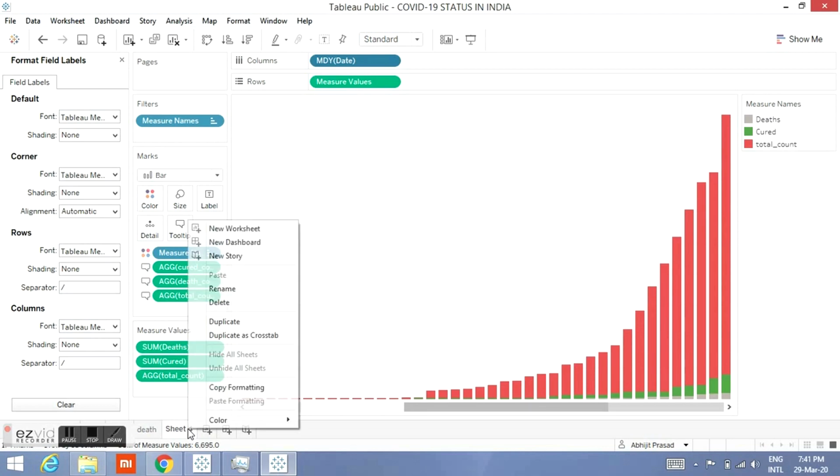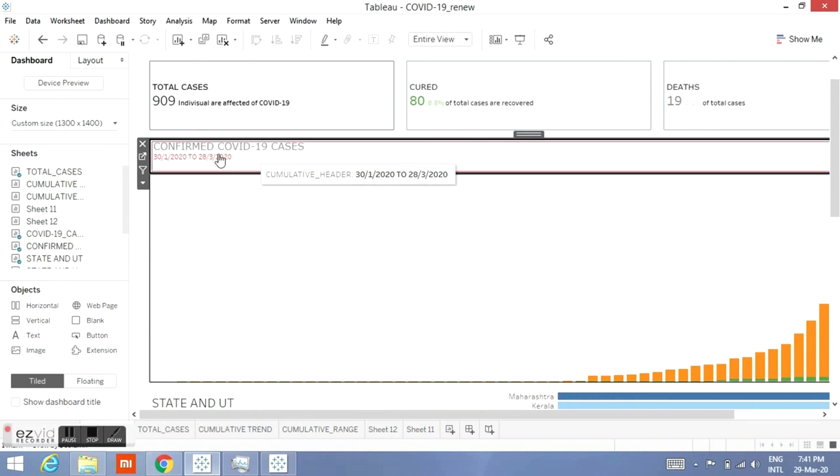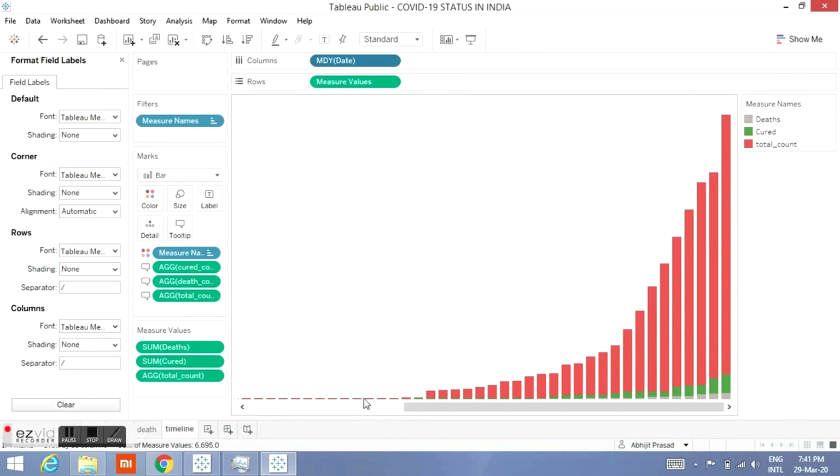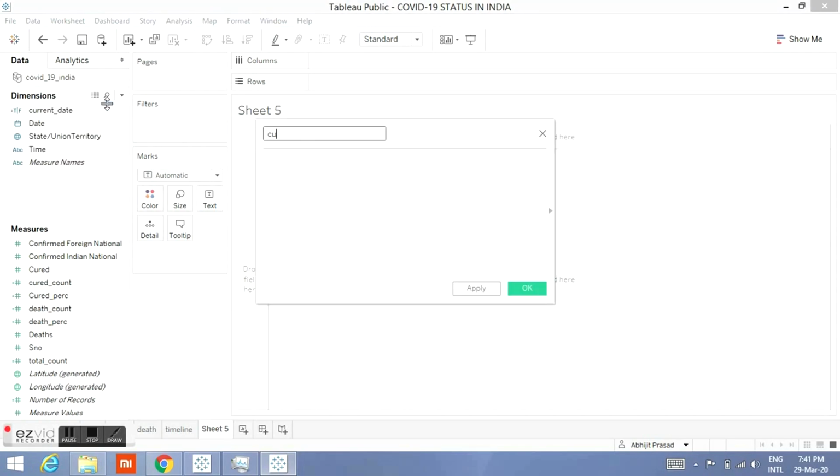We'll create one more sheet. First we'll rename it, you can rename it to any name. I will be renaming it to timeline. And now I will be creating this, which will show the minimum and maximum date in the data set. So for this, I will be creating a calculated field. It will simply show the cumulative value. So I will be writing this as cumulative date,